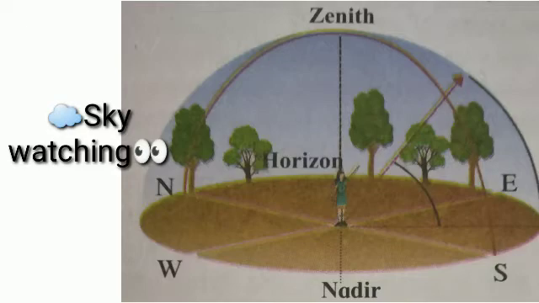The stars and planets moving in the sky appear to be moving on the sphere. This virtual sphere is called the celestial sphere. The circular horizon divides this sphere into two halves. First is zenith. While standing on the ground, the point on the celestial sphere exactly above our head is called the zenith. While standing on the ground, the point on the celestial sphere exactly below our feet is called the nadir.